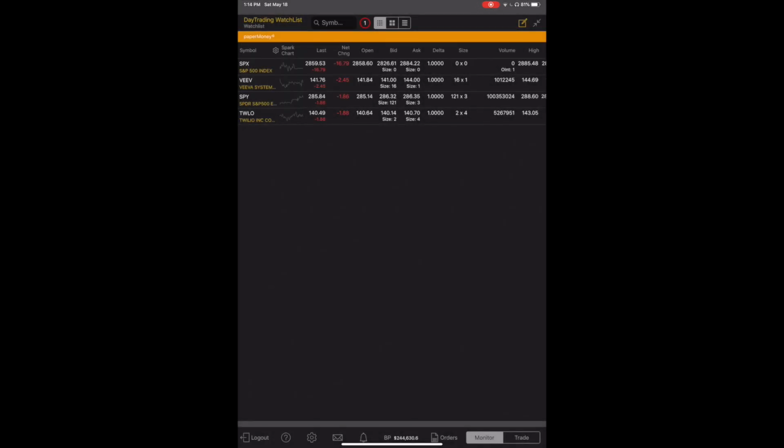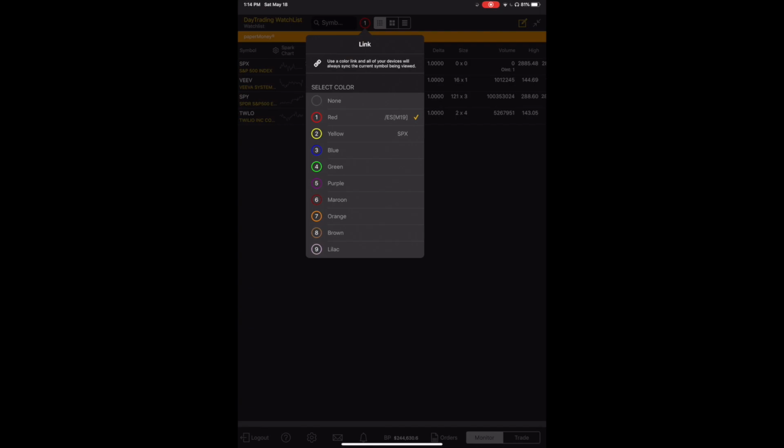So I have a day trading one, and you might have an options one or a long-term watch list, etc. You can also filter by your devices. This is actually a feature some people forget and don't realize, but what this does is it's basically syncing,